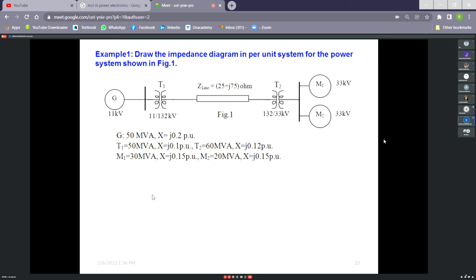Have you understood? Yes, ma'am. So here the best base MVA is 50 MVA, the best approach, because if you take 50, you have to make two calculations less. If anybody takes 100, then he has to calculate two more. Nothing more than that. So it is entirely your decision, because when you convert it to actual value, it will be the actual value. Understood? Yes, ma'am.